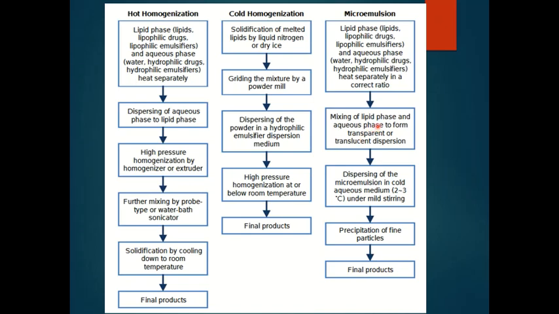So how do you characterize that microemulsion? By appearance, it will be either transparent or translucent. Once this microemulsion is formed, dilute it into large quantities of aqueous surfactant solution placed at 2 to 3 degrees centigrade, which will cause precipitation of fine particles, nothing but nanoparticles. So you can prepare it in your laboratory even if you have only a mechanical stirrer.